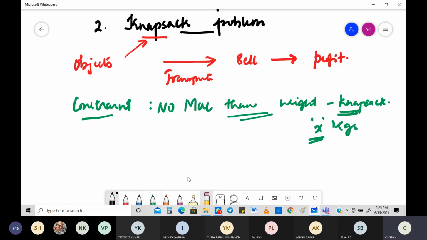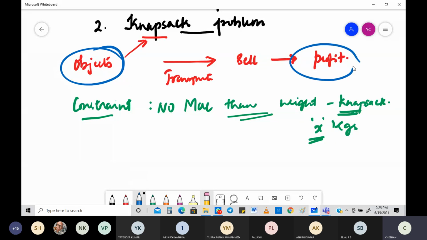Once you look into this, there are certain terminologies which you are going to look for in a problem here. First is objects. Then what is the profit you are basically looking for, and what are the constraints, which clearly say you are not supposed to take more than a prescribed amount of kgs or prescribed amount of weight. Things to be kept in mind. Things to be remembered.